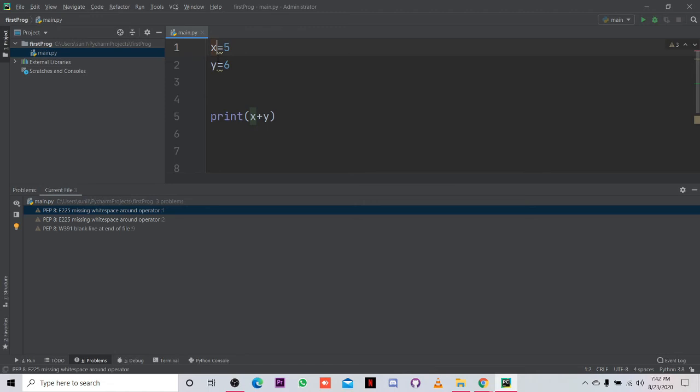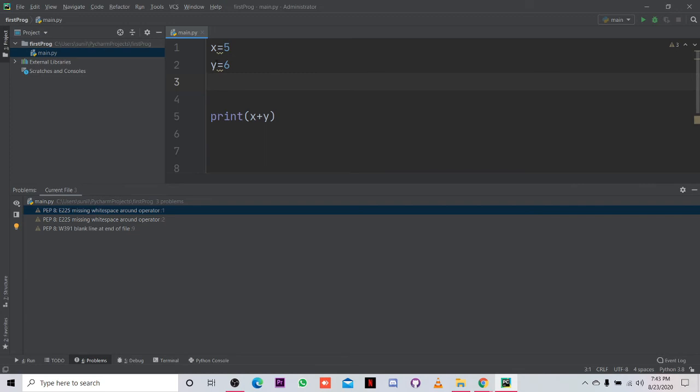So x is my variable, y is my variable. Now I am storing the values 5 and 6. These are values. This is what I stored in x, so that I can do calculation with the help of this variable. I have put my value 5 into x, and my value 6 into variable y, so that whenever I do x plus y, it means 5 plus 6. Got it?